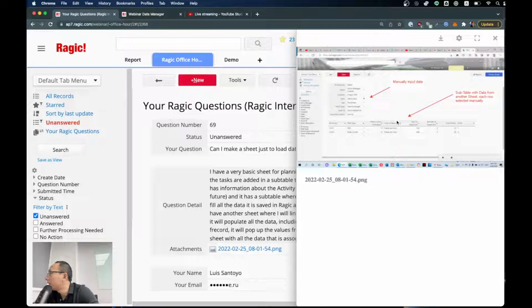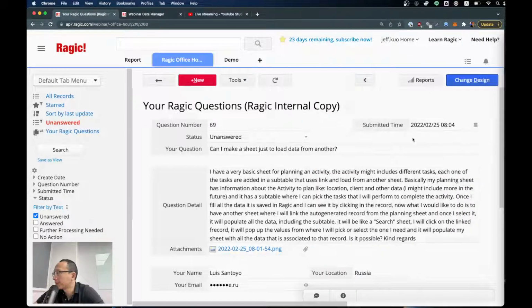Manually input data and subtable of data. You want to copy this. So with link and load, it's not possible, but you should be able to do this with convert record. Let me look at your question again. So the activity sheet has these activities and tasks, and link the auto-generated record from the planning sheet. Okay. Okay. So yeah, you can do this with